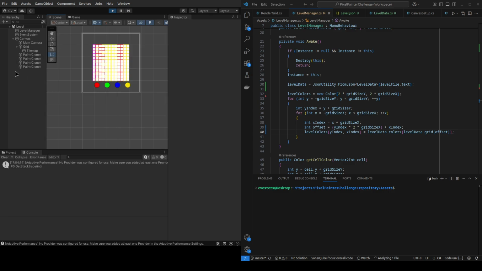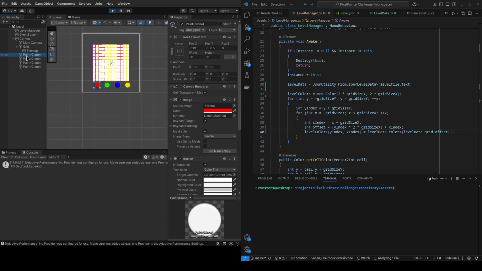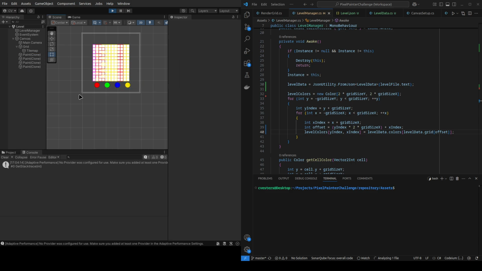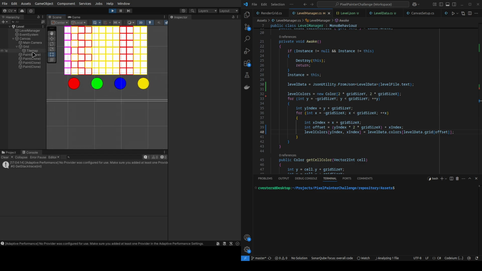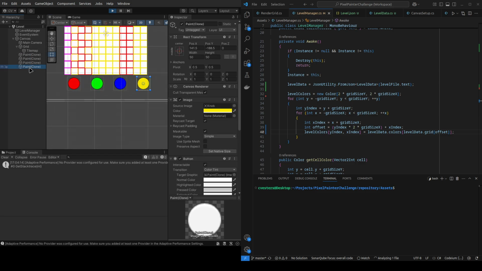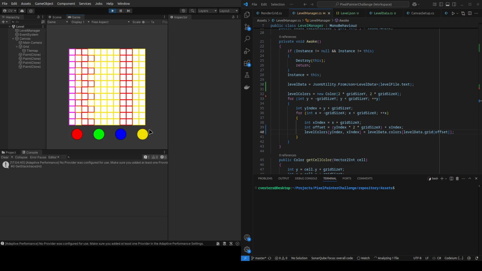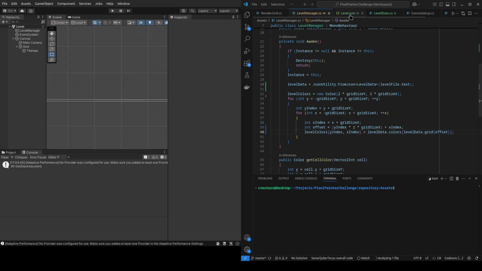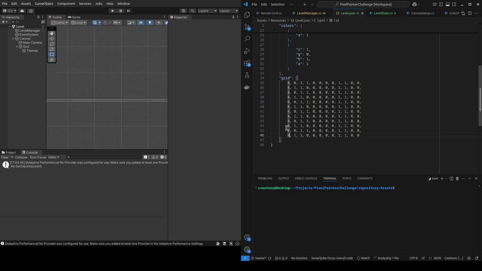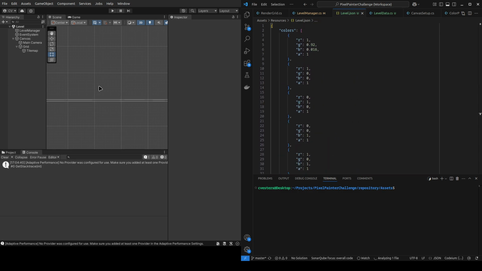But in my scene, have these buttons actually be generated with all the correct colors spread out nicely and evenly, which this one does not seem to be doing. This one is a bit too much to the right compared to the other one. Is this 12? This is 12. This is how it's always been, I think. Yeah, but so this is not correct. But it's fascinating. This would allow me to make multiple levels with different colors and everything. Well, not really, because of